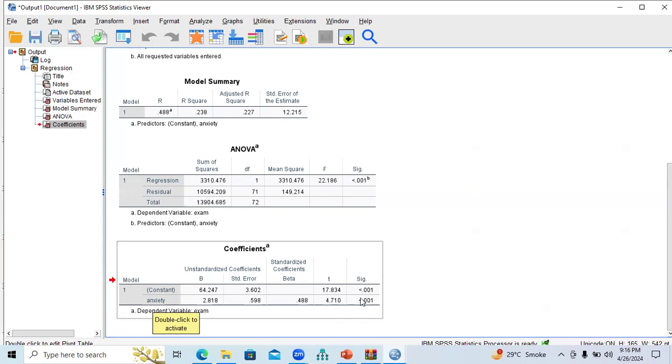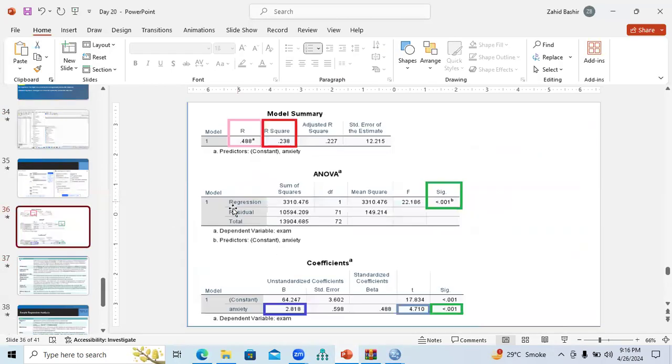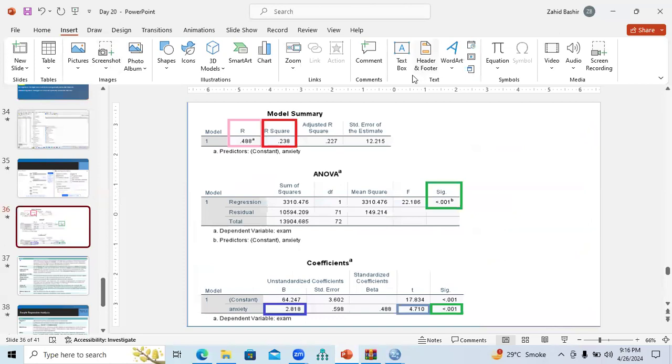So we can conclude here there is a positive and statistically significant impact of anxiety on exam. So what we can conclude here is that if we increase the anxiety score by 1 unit, it will increase the exam score by 2.818 because there is a significant impact. So we need to interpret the results here. Let me show you this one. So what we conclude here, I need to write here the interpretation,